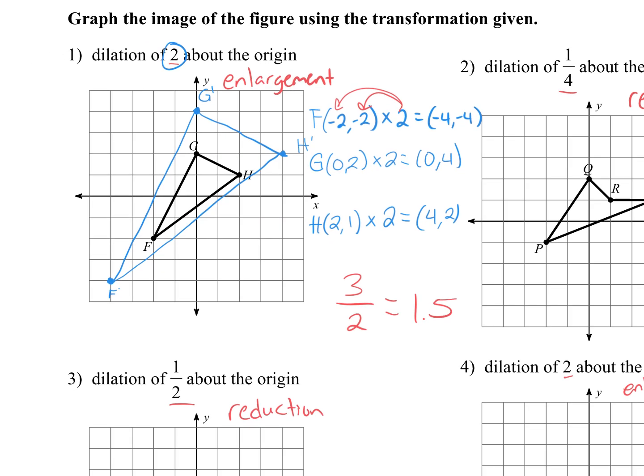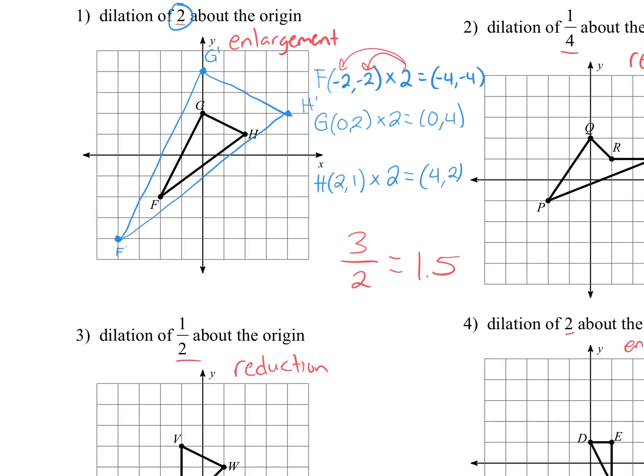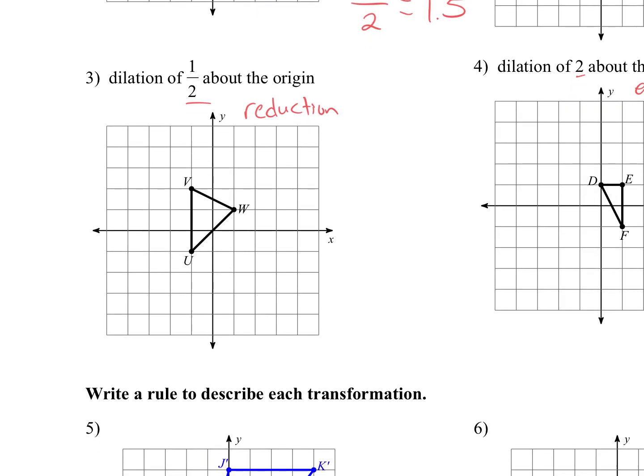Questions about that? All right. I want to look at number 3 next. So let's move down to number 3. We said that was going to be a reduction, so that means it's going to get smaller. Okay, so same thing. I'm going to start with V. What are the coordinates of V? -1, 2. What am I multiplying by? 1/2. Yep. Remember, you get that scale factor from whatever it's trying to dilate by. Times 1/2. What's my new coordinate then? -1 times 1/2 is -1/2, and then 2 times 1/2